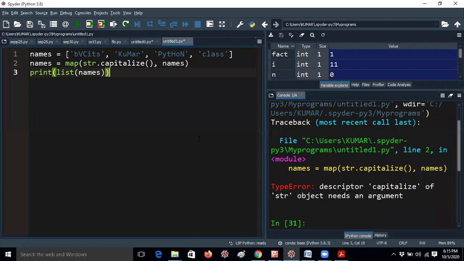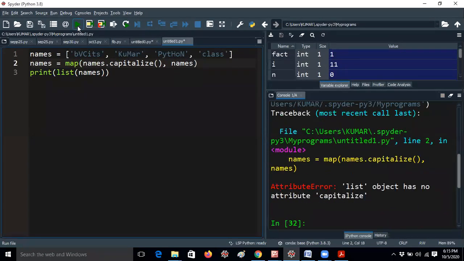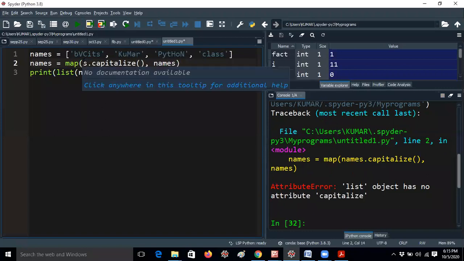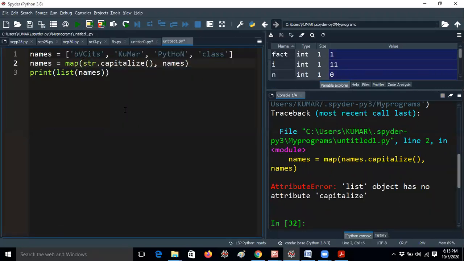Don't worry, guys. Names dot capitalize is not needed in this. I know, at least this is not required actually. Str, I'm passing with string only. That's the reason I have given like this. Don't worry, Kangar. I will tell you.